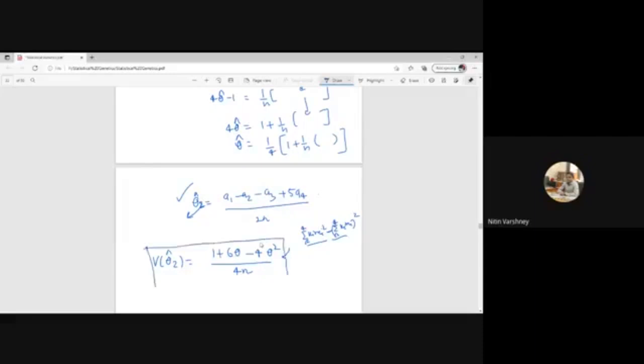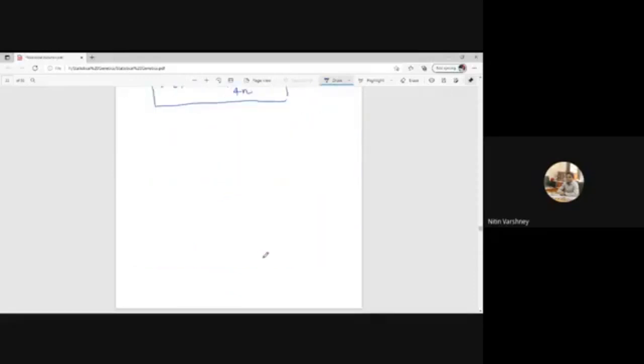Just remember this. After all the methods, you make a list, or just make a small note, and put only the important things: the variance and all, what we are taking as this theta 2 value, its variance, and important points. Okay, make a small note. Now the third method is